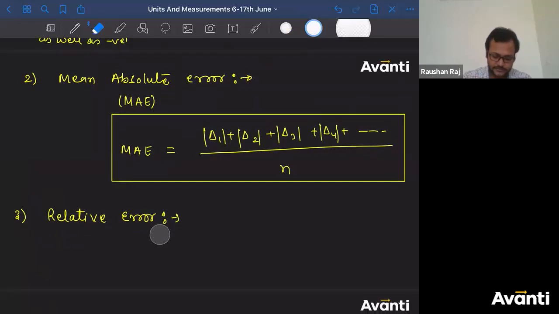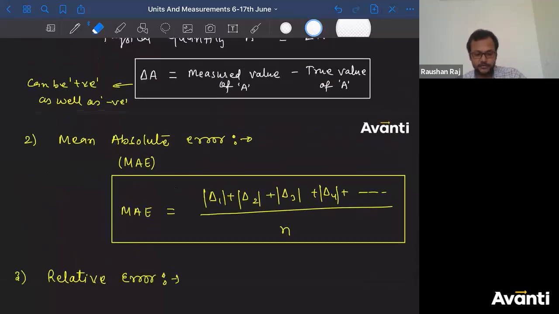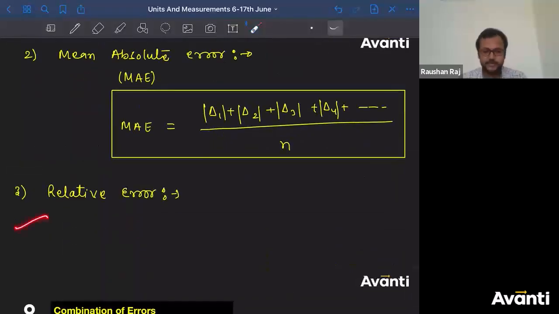What is the use of this? There has to be use, right? There has to be some kind of limitation to these things. Then only we'll study this, right? Otherwise, why study relative error or some other type of error? There has to be a reason. Otherwise, you can't go and derive everything or name some kind of error. Okay, I have studied absolute, so I have to study relative also. There has to be some meaning, right? So why do we need to study relative error? Give me that reasoning behind it. Or what are the limitations in absolute error that will be eradicated in relative error?